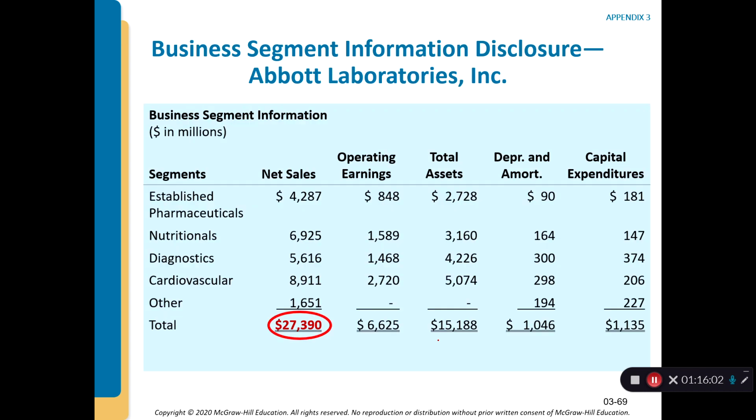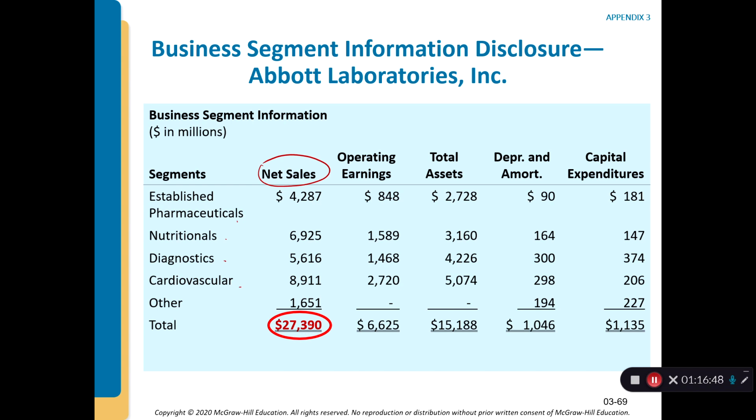So in other words, here is business segment information about Abbott Laboratories. This illustration shows the business segment information reported by them in its annual report. Notice the business segment disclosure: one is called pharmaceutical, nutritional, diagnostic, and cardiovascular segment. And the net sales recognized, everything added up together, is the total. The reconciliation total is